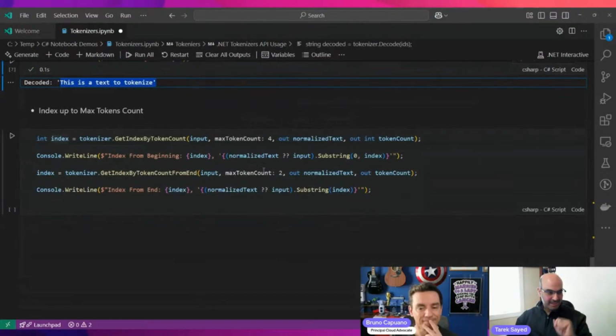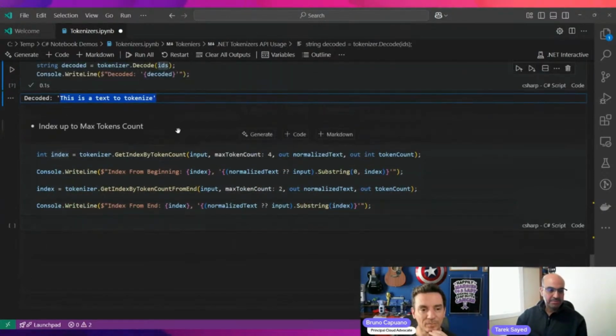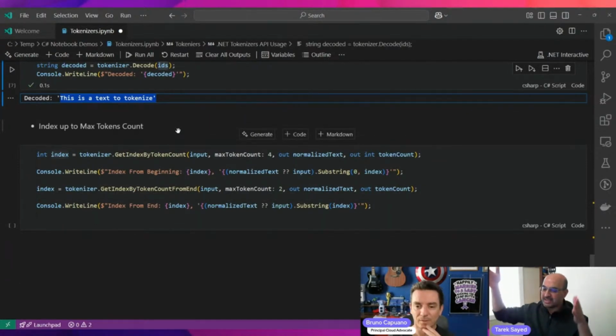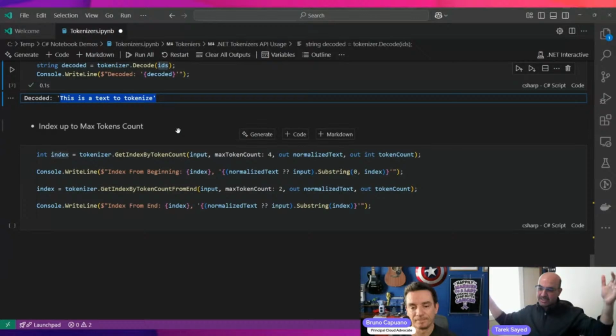One last scenario that I want to show here. Sometimes people want to know, if I have a maximum number of tokens, how far inside the text it goes without generating the IDs or anything. I have this long text and a maximum of 100 tokens I can use. How far inside the text can I reach with 100?